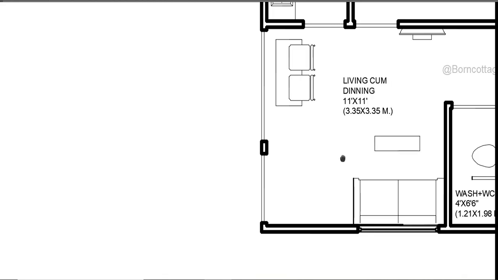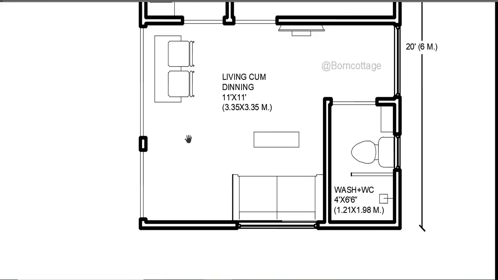So we have a living cum dining area here. The size of this area is 11 feet into 11 feet, in meter 3.35 into 3.35 meter. You can see here the sofa arrangement, tea table arrangement, and also the TV unit on the front wall. And we have a dining counter with 2 chairs, and on the right side we have a common use washroom plus